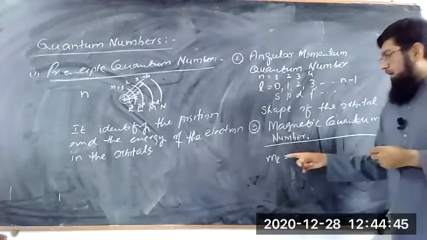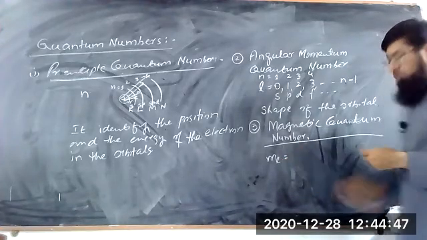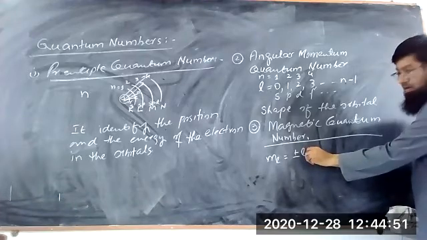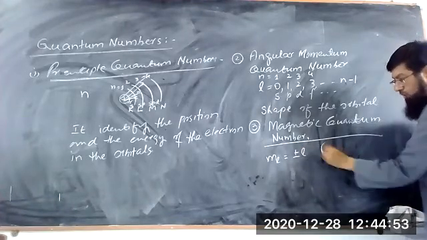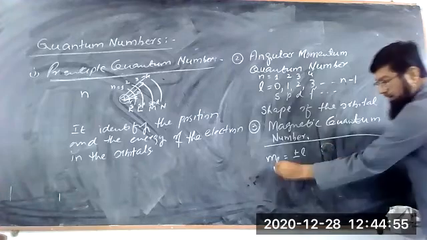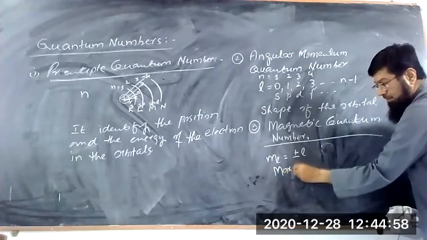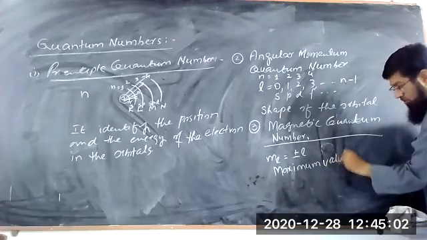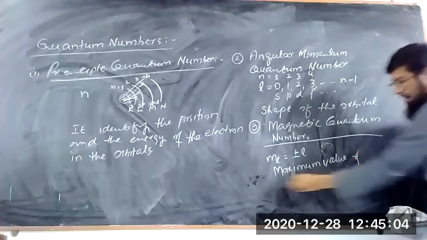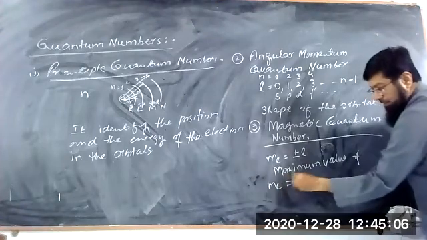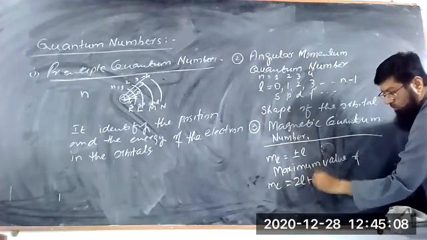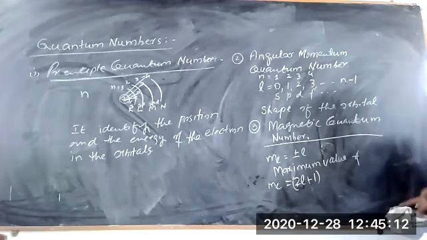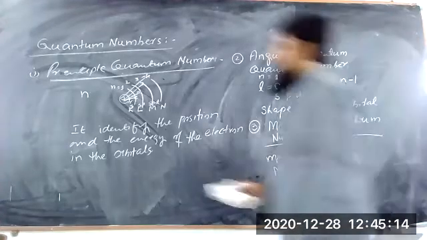So here ml, whose possible values are plus minus l, has a maximum number of values equal to 2l plus 1. These are the maximum values of ml. For example, let's say here,